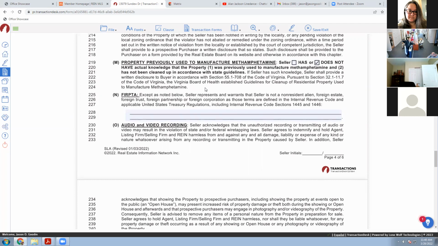So if they are one of these identified classes, then they may be subject to additional taxation or additional regulation